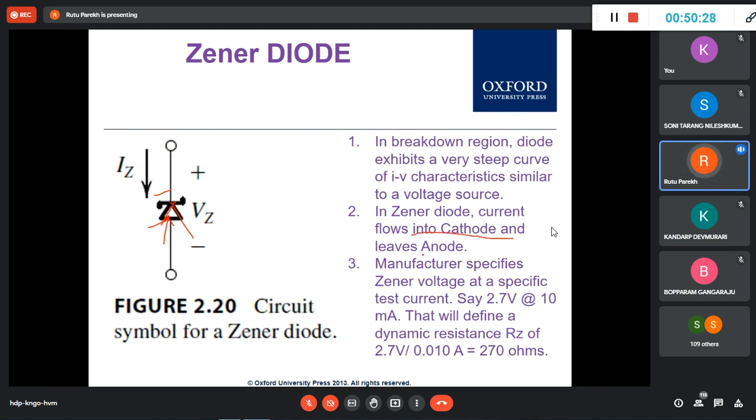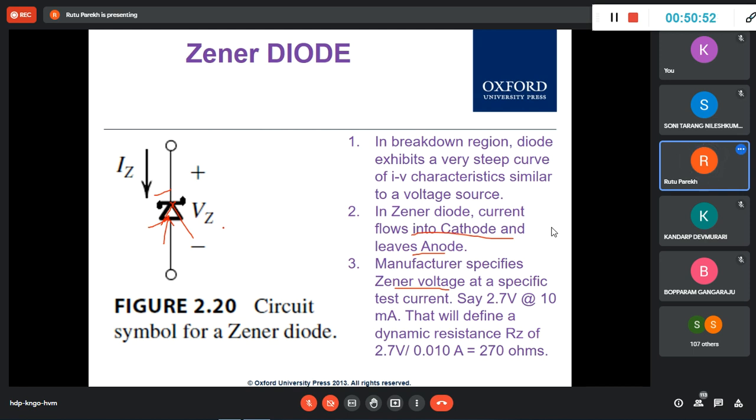Into cathode and leaves anode. So this is cathode to anode. And the manufacturer will specify, with this diode, you get a data sheet and they will specify the Zener voltage. So there is a voltage, that is Zener voltage, we say VZ, at which it breaks down, and let's say 3 volt, then at the 3 volt, it will pass high